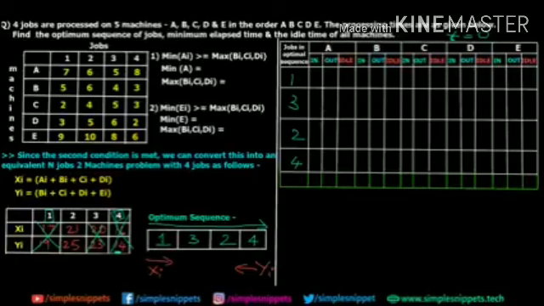Initially when job 1 comes, machine A does not have to wait. Directly the job is allocated because there is no other previous work that machine A is doing. So the in time is going to be 0, and you can refer to the initial table wherein the time is given. For machine A to process job 1, you can see it requires 7 minutes. So from 0 to 7, job 1 is going to be processed on machine A. Obviously machine A did not have to wait for the job. As soon as the job came in, it got in time at 0. So the idle time over here is going to be 0.